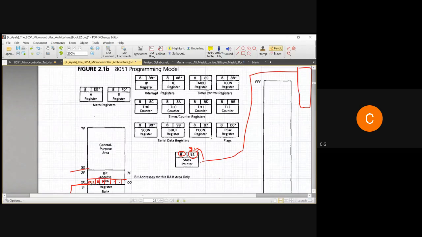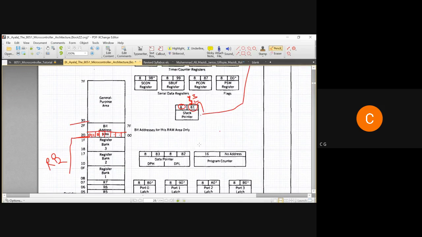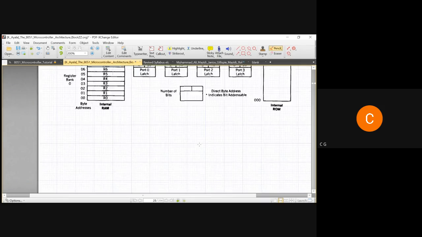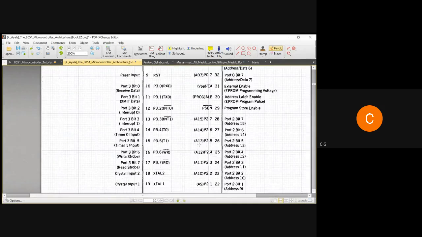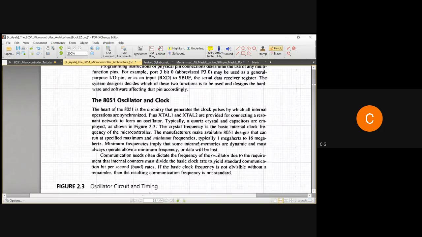Then to store the next, it will go to 83, increment by 1, and then you bring the data from memory here, and then it stores here. This is the functioning of the stack, and this is what is explained in this